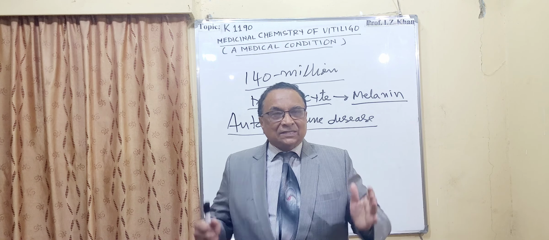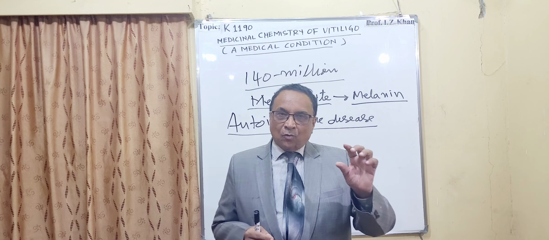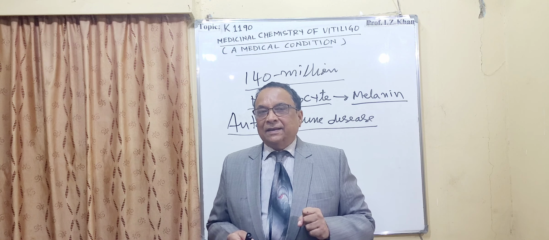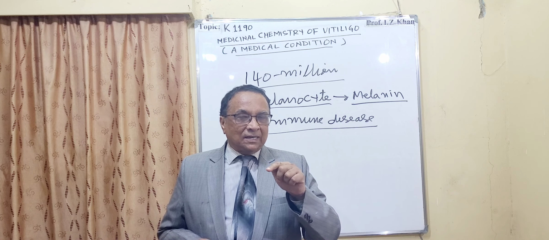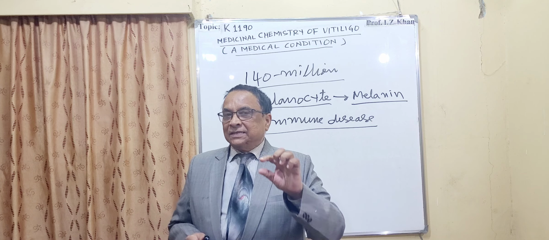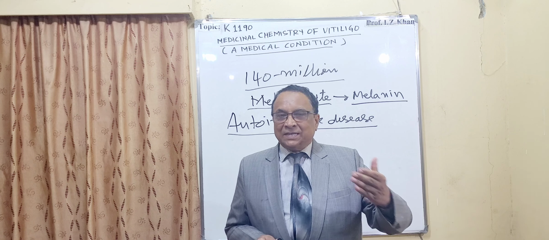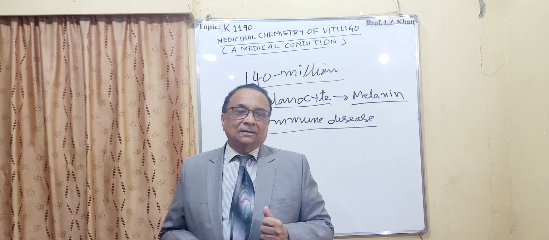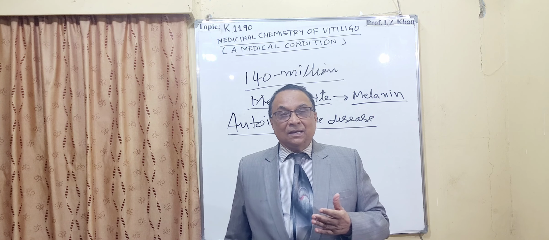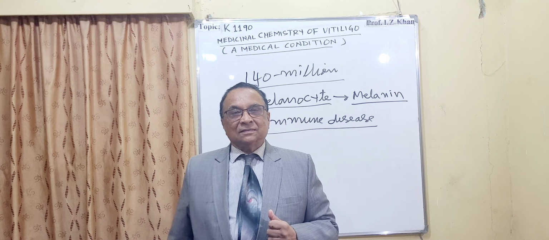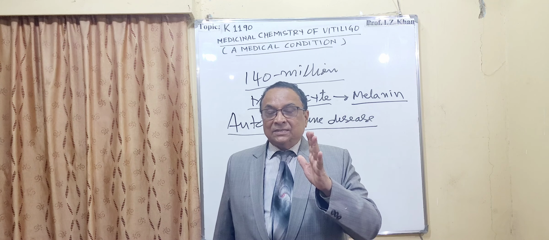And what are the symptoms actually? The symptom I have already told you: white patches. And if you have some mole and that mole is surrounded by a little white ring, it means it is a starting point and it can change into vitiligo. Or sometimes if someone is having melanoma, a cancerous condition of the skin,